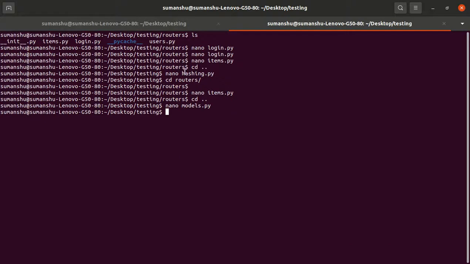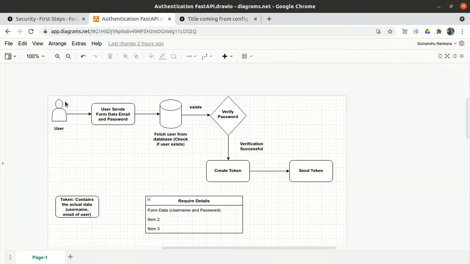The token contains the email ID, so we fetch the email ID from the token, and then, now that we have the email ID, we run a query on the database to get the owner ID, and then we pass that owner ID. But we will see that in the next video, because now we understand the concept. Now everything is very easy for us. Till now we have created a form, because the first step is to create a form. The next step we will see in the next video.